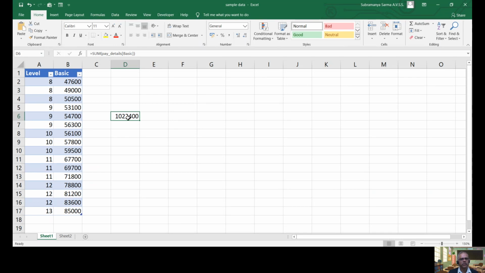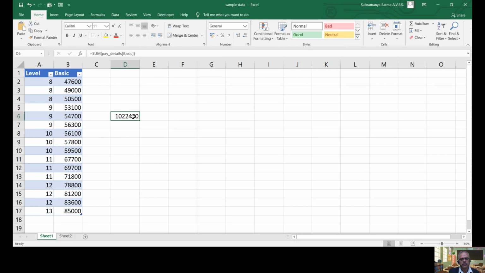Suppose there are 20 fields, right? Otherwise, if the name is not there, we have to search whether Basic Pay is in B or C or D. But here we can remember the names of the fields and easily refer to them.